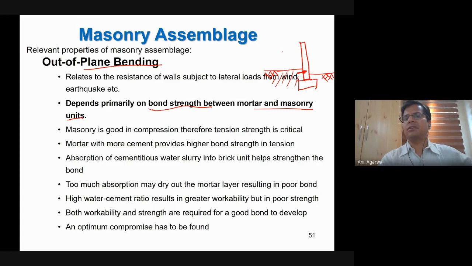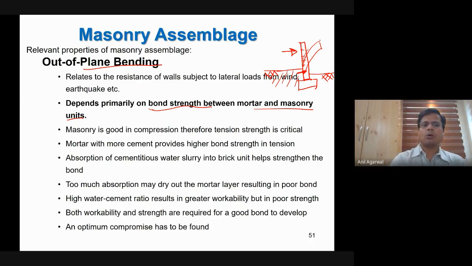So if you have a heavy wind load, which wall will be better placed? A thick, heavy wall will be better. So a thick, heavy wall is safer. However, that may not always be possible, right? It is expensive to make a wall thicker. So what is the even better option? If you can have a stronger bond. If the bond is not strong, it will develop cracks here, and the brick and the wall will fall to this side. However, if this bond is strong, it will not crack and it will not let the wall fall down.